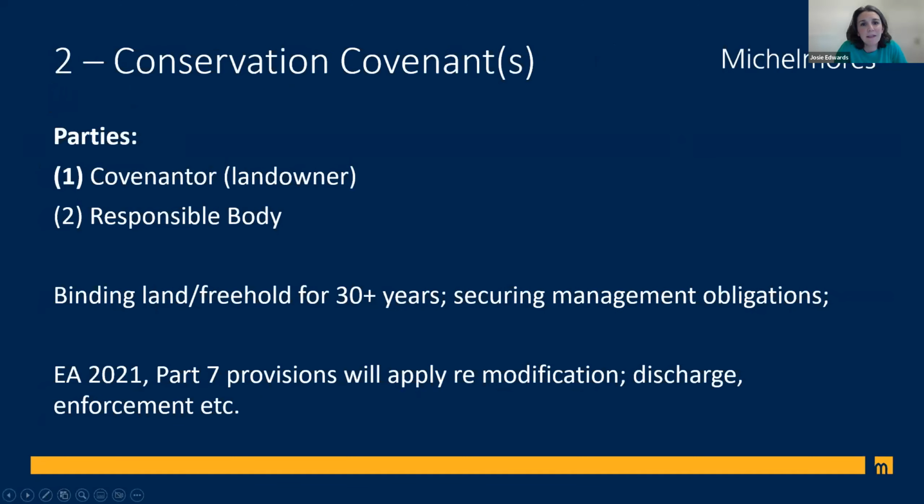So underpinning this lead agreement then would be either a single or multiple conservation covenants, and it is the conservation covenant that will secure the management of the subject land under the scheme for the agreed term. Now, legally, conservation covenants can be for any duration. They can be completely indefinite, but you can choose how long they last for. So in this context, we're anticipating 30 years. Conservation covenants bind successors in title from a legal perspective, and they will run with the land.